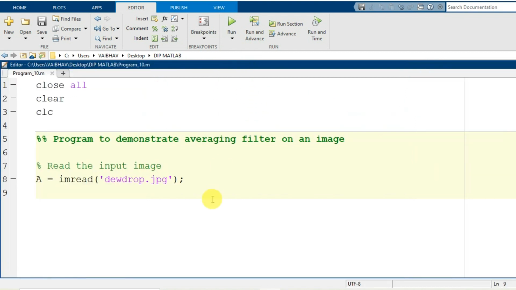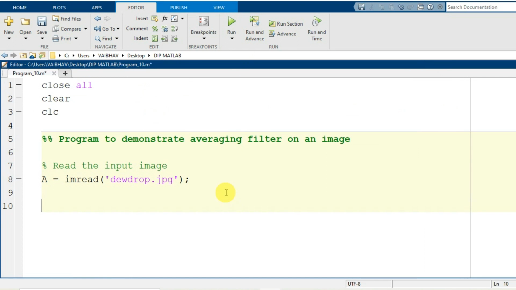Let us continue the further programming after successfully accessing the image in our environment that needs to be processed further. Now see, the best application for the averaging filter to check in this demonstration is the reduction of noise. As the original image is not expected to have any kind of noise, first of all we will add a certain kind of noise to it, and then we will filter the image affected by noise and recover it to the original levels. So let us see whether it is possible or not.